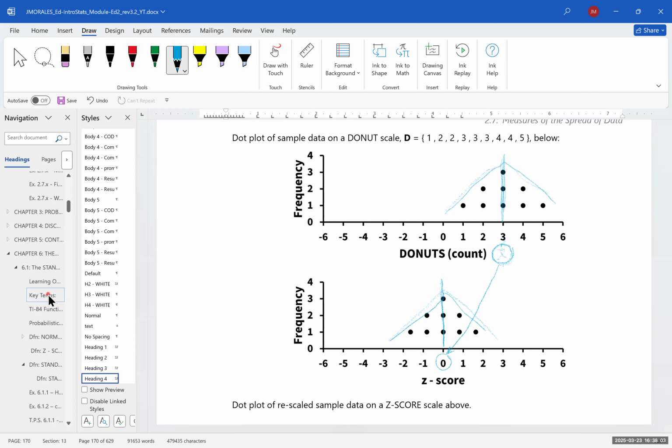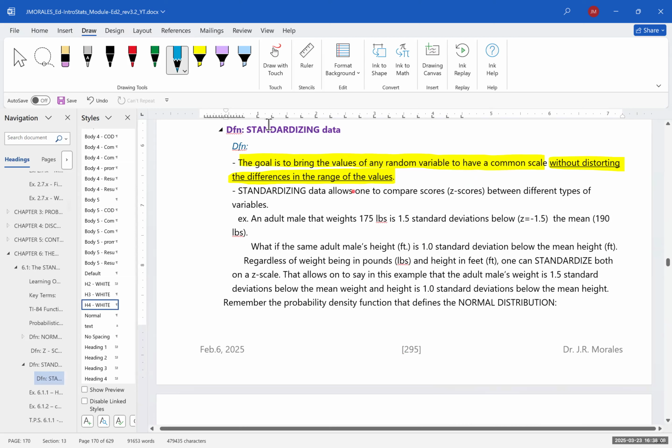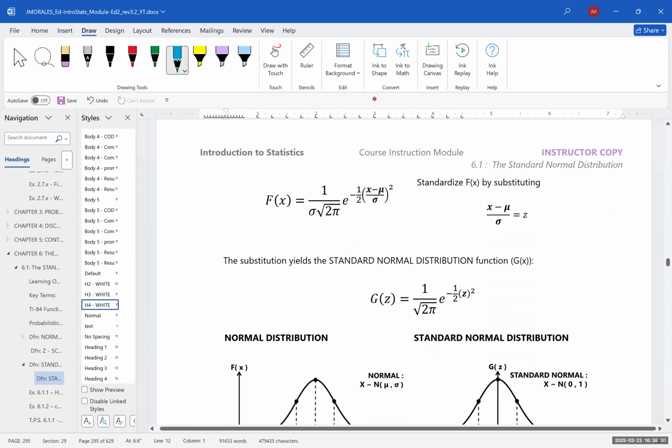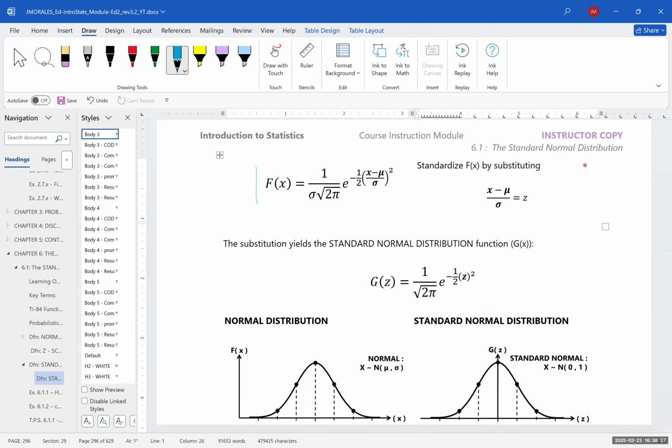So now if we come back over here to chapter 6 and standardizing data, this is where I say we're bringing the values of a random variable to have a common scale without distorting differences in the ranges of the values. Standardizing data allows one to compare scores between different types of variables. And kind of how that gets done algebraically is this was the equation